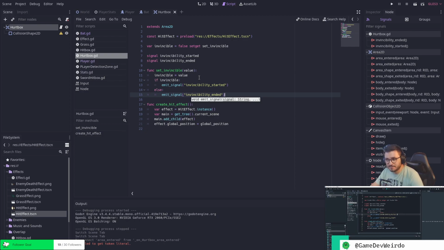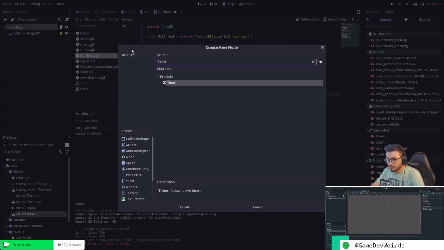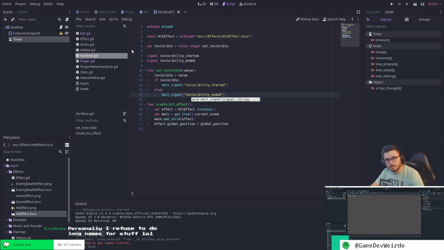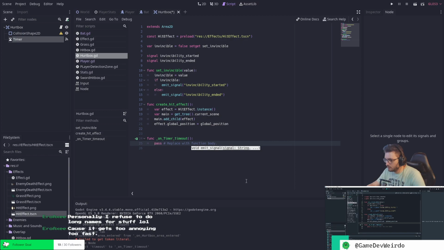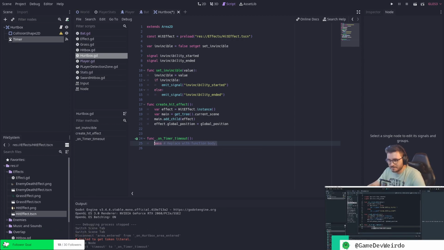And we really want to attach this to some sort of a duration, like a time, right? An amount of time. So we're going to create, on our hurtbox, a timer. And this timer is going to have a timeout that connects to the hurtbox. And so when this timer goes off, we're just going to say, yeah, I agree. Long names, it looks terrible. Yeah. self dot invincible